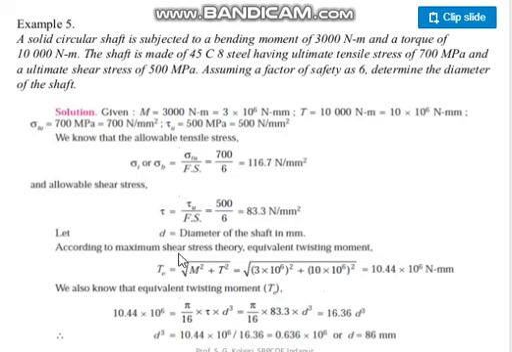Okay, if you know this formula, torque is equivalent to pi by 16 tau d cube. So put the equivalent torque in this formula, and from this you can get the value of the diameter. Okay,